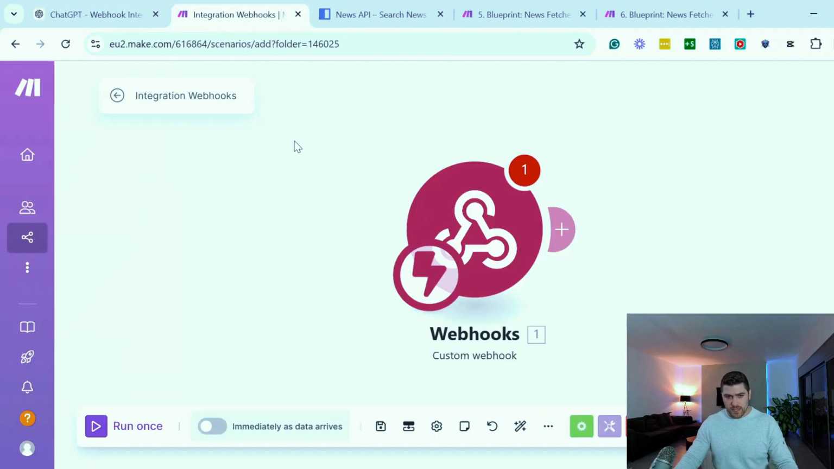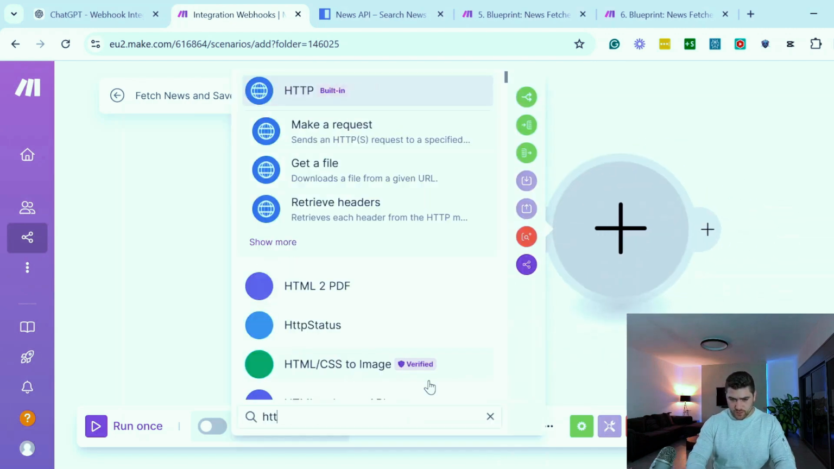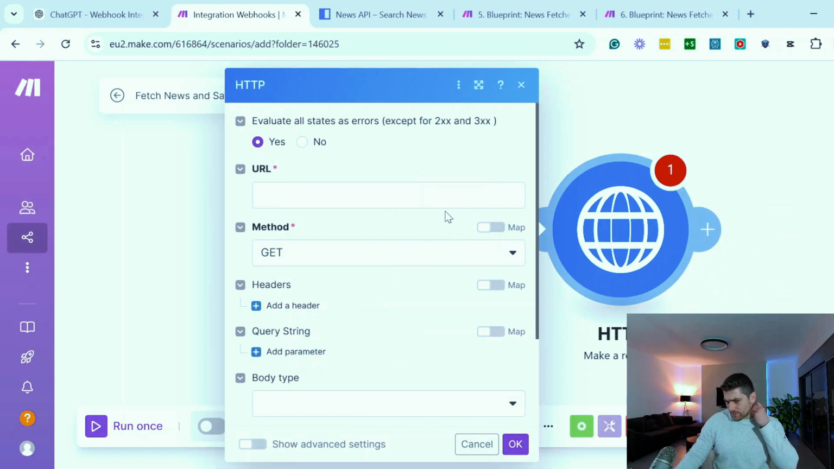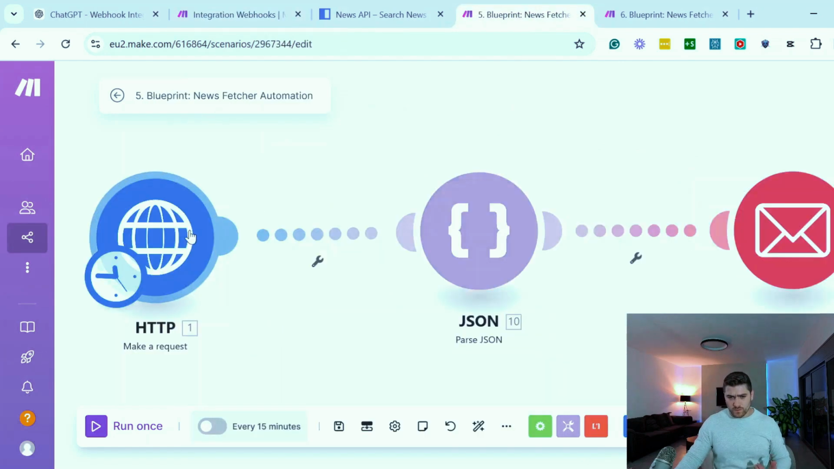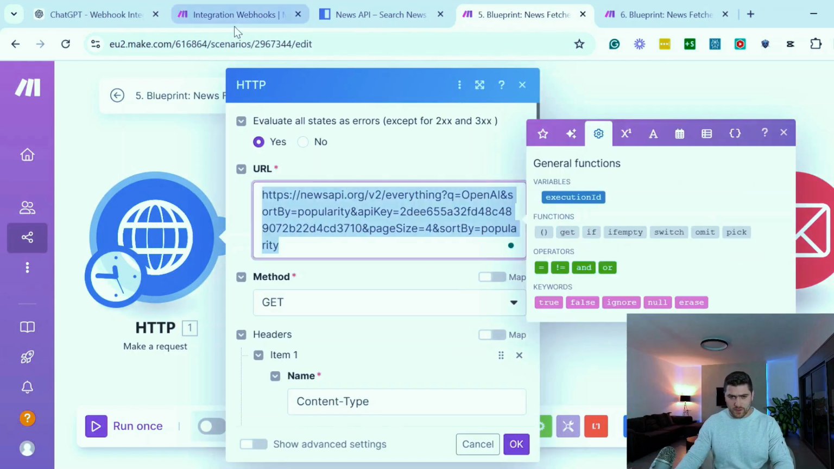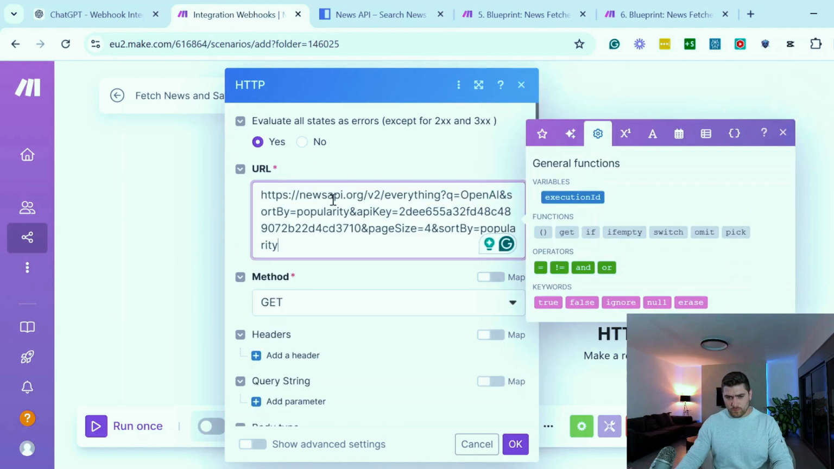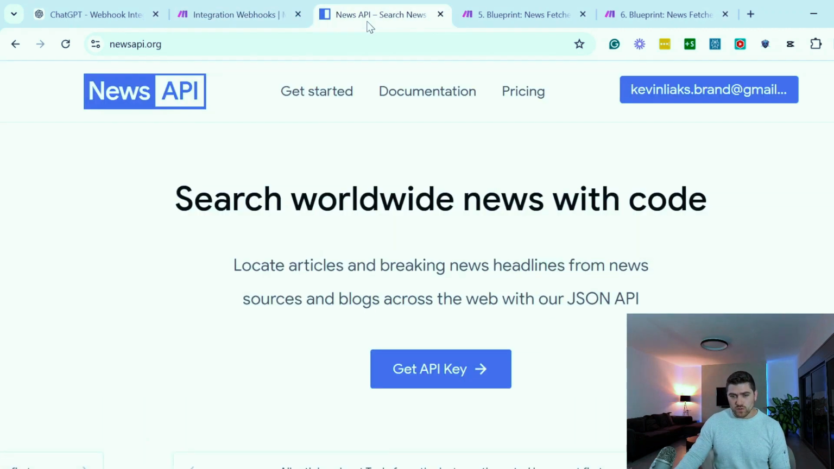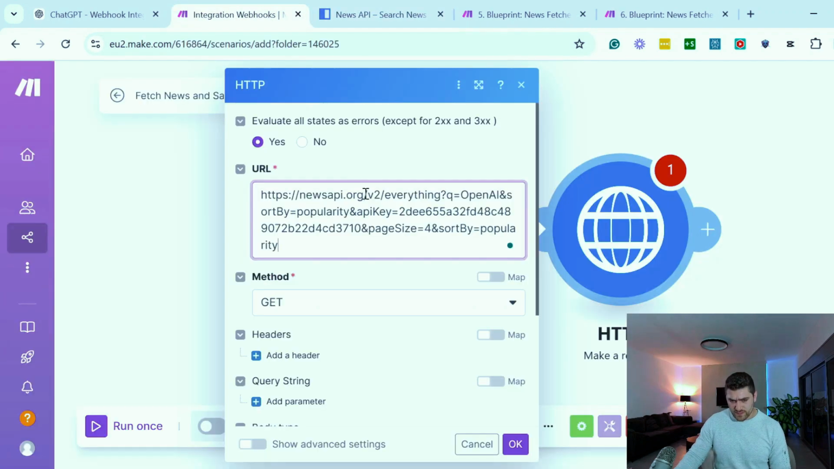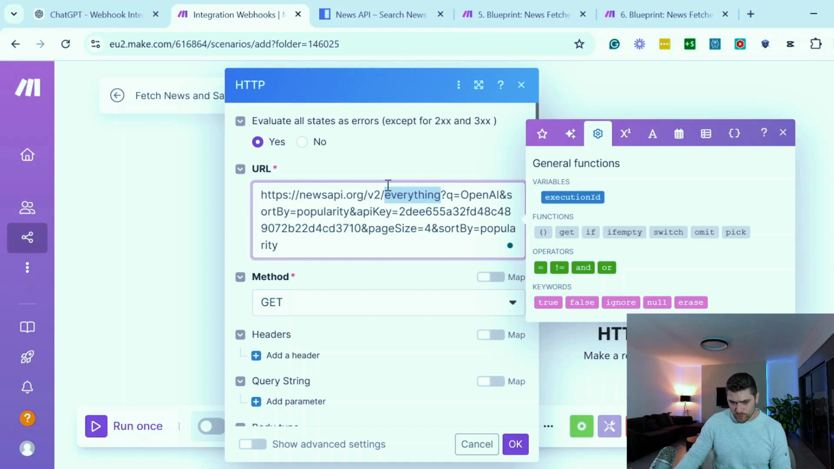So I'm going here and I've created a new scenario and let's name it fetch news and save to sheets. Great. Next, we are going to add an HTTP make a request module. So what I'm going to do, I'm going to add here, and as for the URL, I'm just going to go back to my previous scenario, which is this one. And just to give you a quick summary of this API, I'm going to paste it here. And what it does, it will go to News API, which is this one. Then it will go to this endpoint, which is everything, and it will fetch all of the articles related to